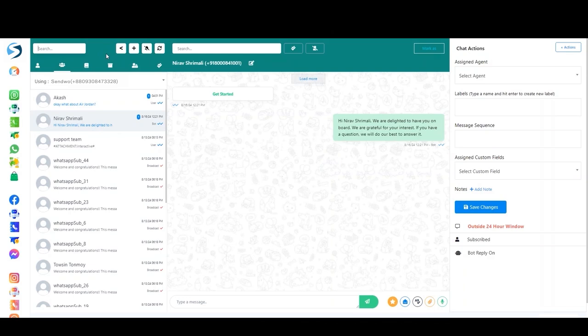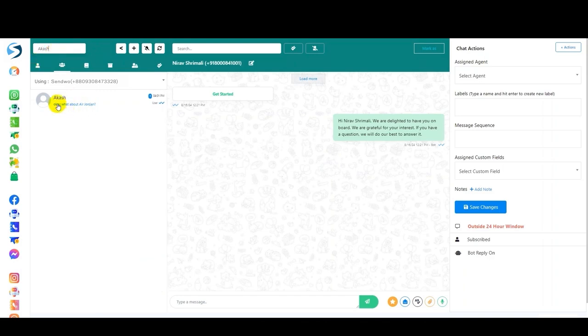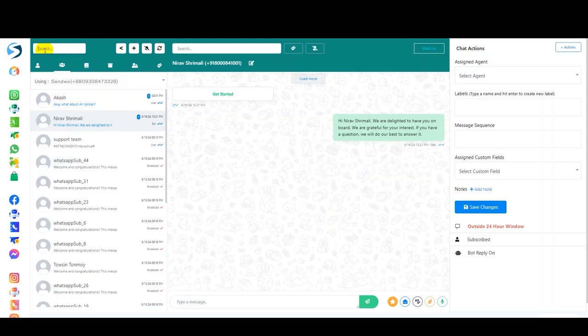You can search for any specific subscribers here by typing in their name. So I'm gonna type Kash. As you can see, this is his ID. This button is for going back to the dashboard, so I'm gonna click on it, and as you can see,